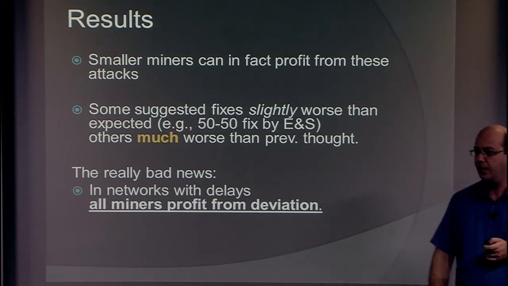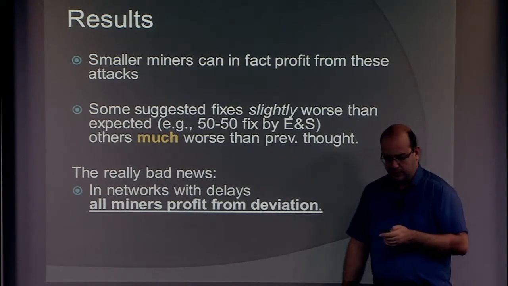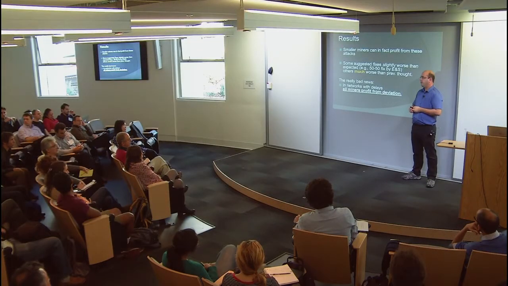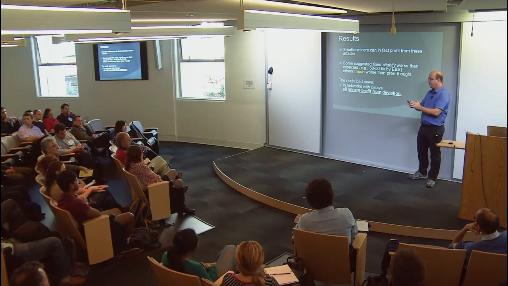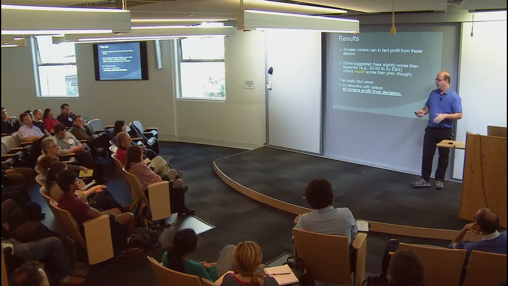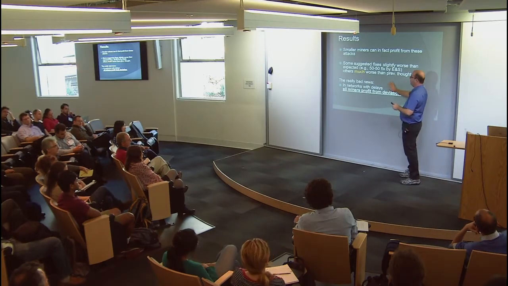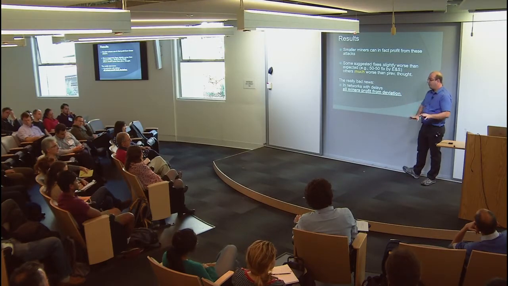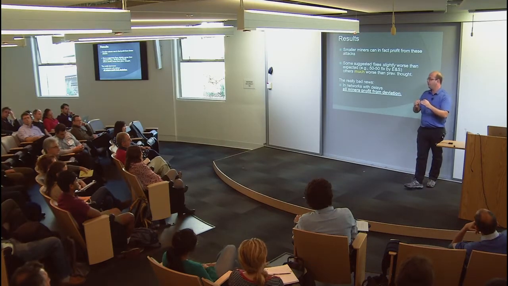Yeah, Kevin. I understand that statement. So I imagine that what you're really saying is every miner would profit from unilaterally deviating. Not everyone would profit from deviating at the same time. No, that's right. So all I'm saying is that the protocol itself is not in equilibrium. If you just take the model of Eyal and Sirer and you say everybody's really bad at communicating, we can say something like the protocol is in equilibrium as long as miners are below a certain threshold of size.